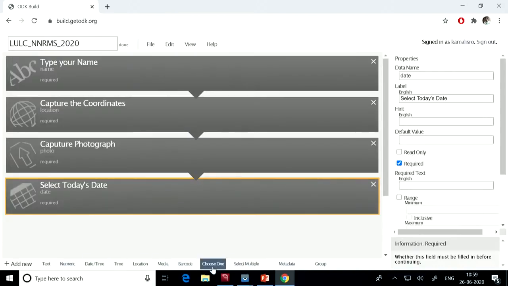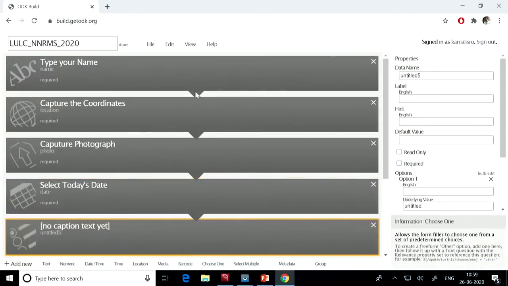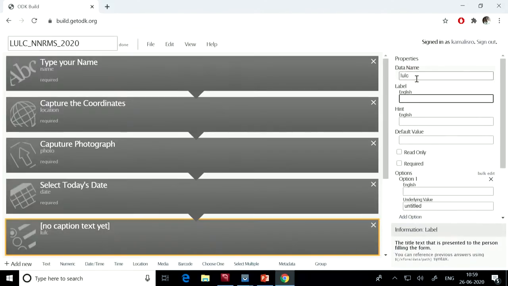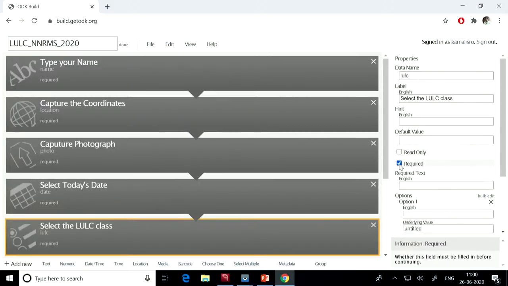The type is called choose one. One option is there after barcode, choose one. Now I will select choose one and name it LULC, and then for the label I will give: select the land use land cover class. I want it to be a required field.